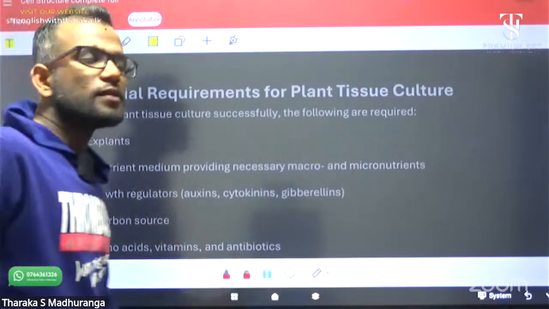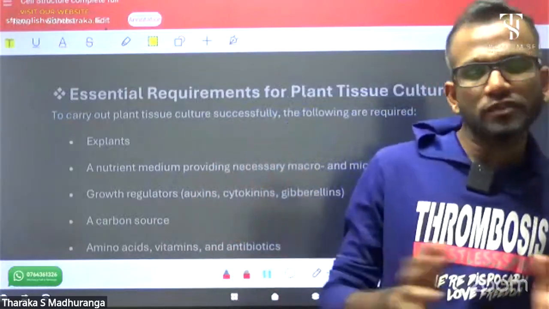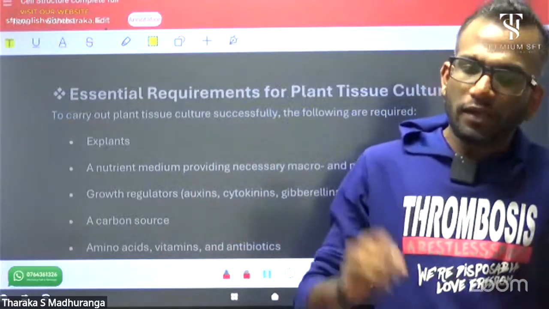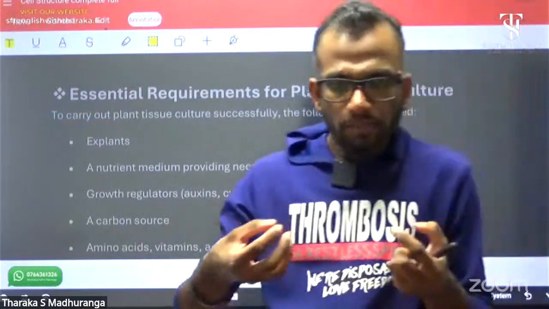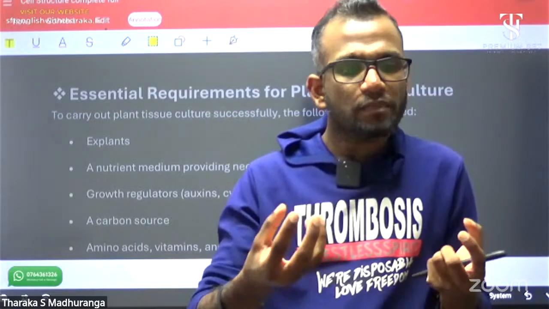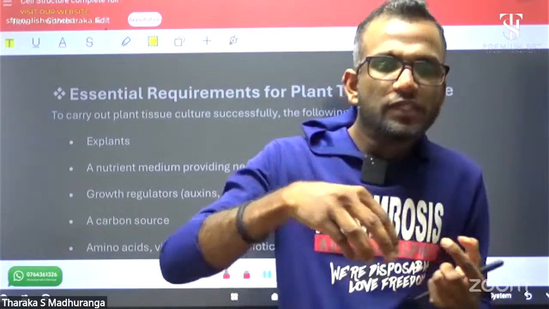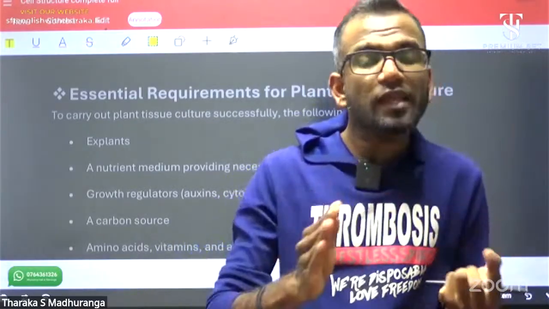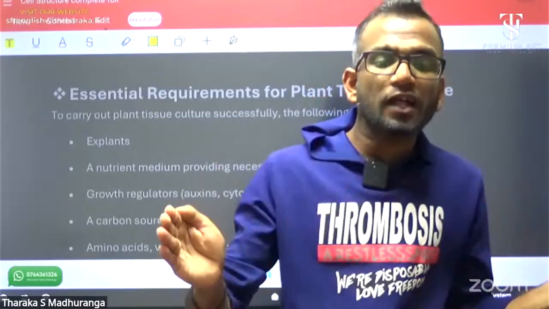They are the main steps of tissue culture. If you get this story, that part is also very simple. In tissue culture, what happened? We get a plant part, a tissue part from the mother plant and cultivate it in artificial media and sterile condition, and we keep it in an artificial